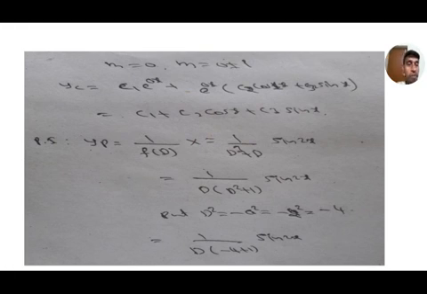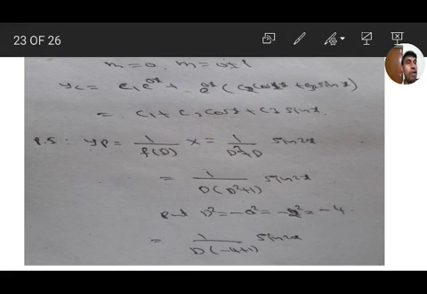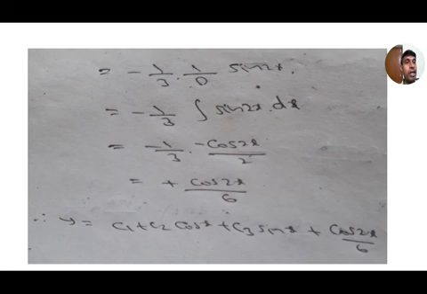In the particular integral, yp equals 1 by F of D capital X. D is common, and in the D squared place, for sin ax, a equals 2. So minus a squared means minus 2 squared, that is minus 4. If you substitute minus 4 plus 1, that means minus 3, minus 1 by 3, 1 by D sin 2x. D means derivative, 1 by D means integration; minus 1 by 3 outside, the integration of sin 2x is minus cos 2x by 2, that is minus cos 2x by 6, minus minus plus. The total solution is c1 plus c2 cos x plus c3 sin x plus cos 2x by 6.